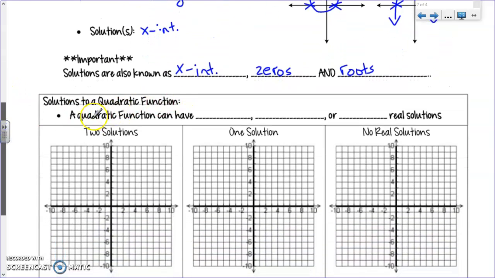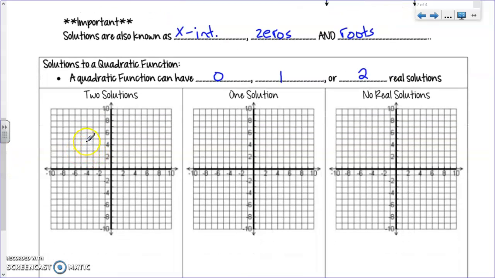Okay, solutions to a quadratic. A quadratic function can have 0, 1, or 2 real solutions. And we learned that last unit with using the quadratic formula and the discriminant. Okay, if it has 2 solutions, it crosses the axis twice,